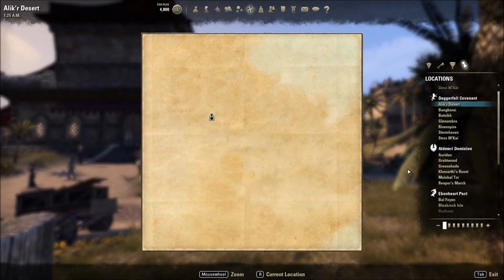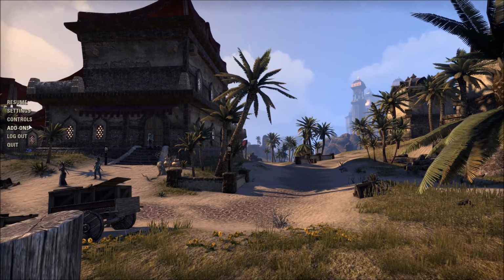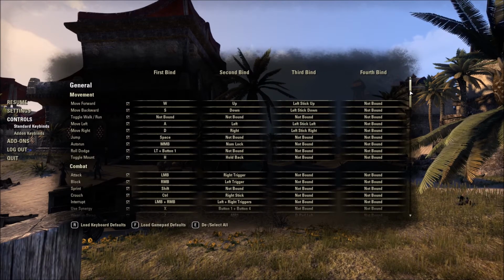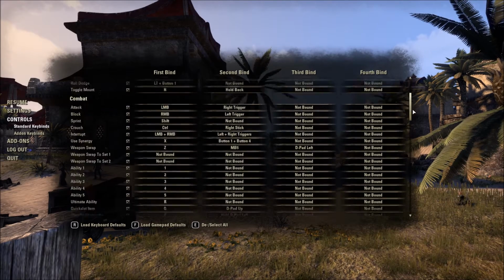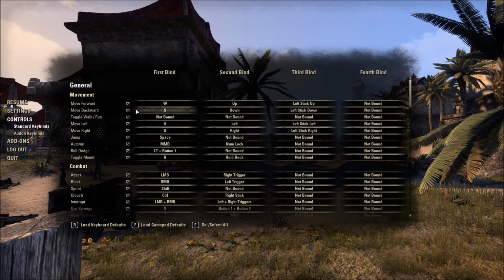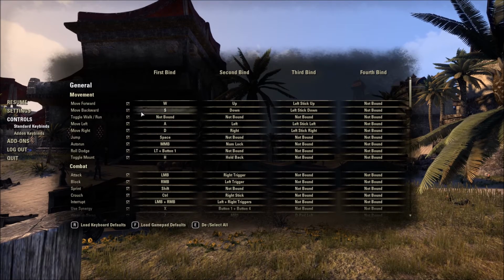Originally, it's just a big list, a little bit hard to navigate. And then we had Votan's Keybinder. This one's pretty simple. Here in your key bindings, you can see there's little checkboxes next to all of your keys. You can pretty much just click a button to, I think it's deselect all, select all, and it'll checkmark all